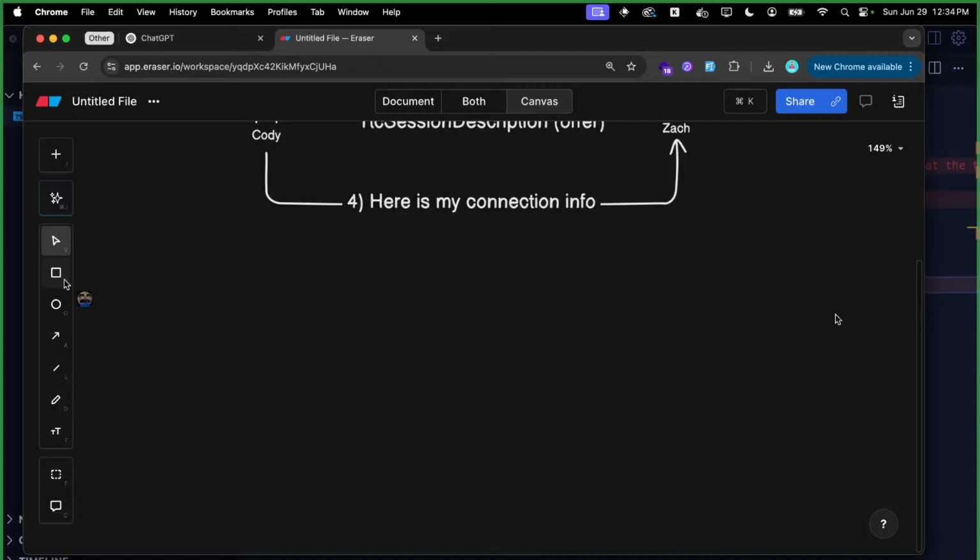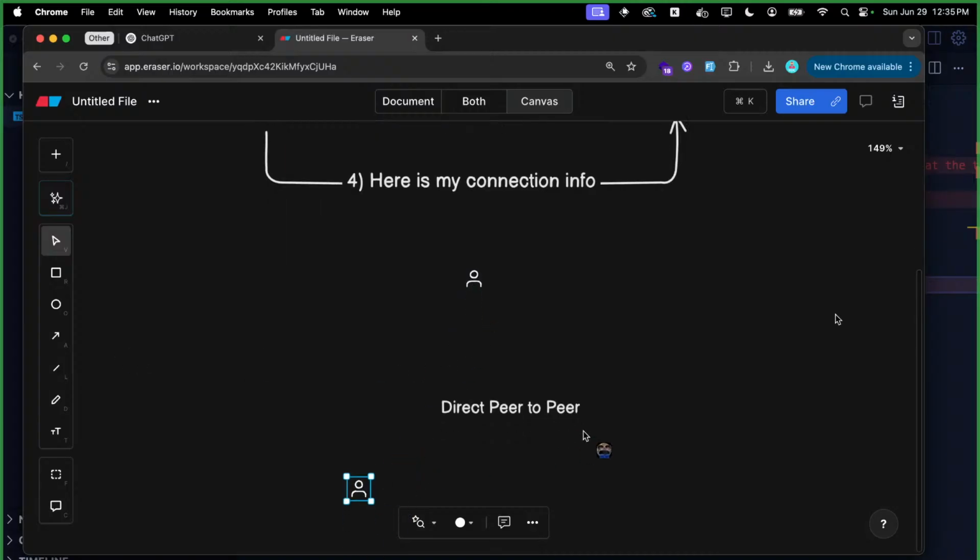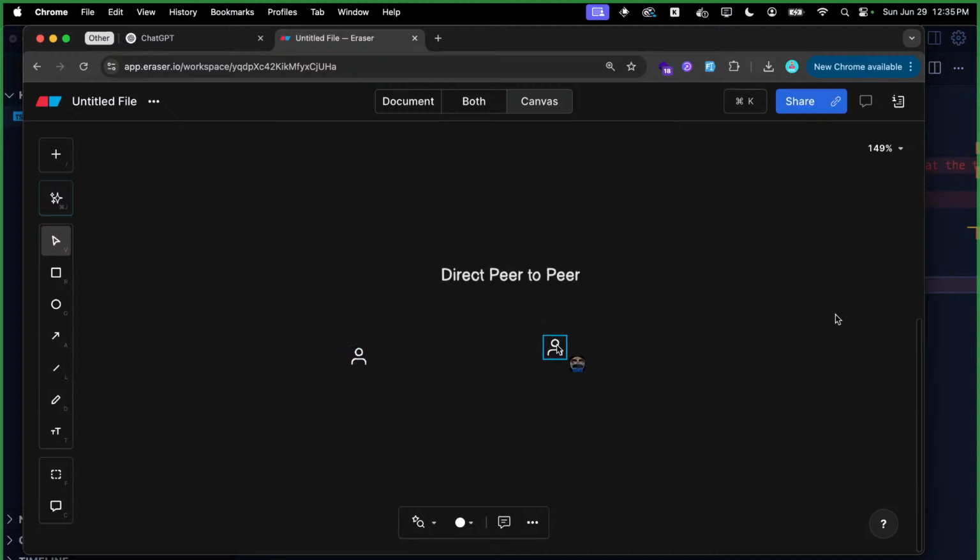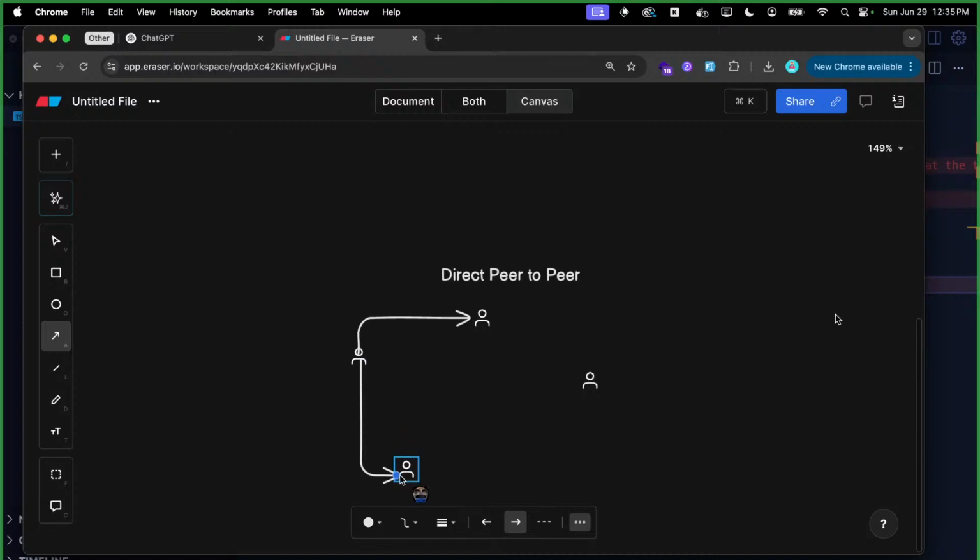So let's do option 1 and option 2. Where's text? Text. This is direct, peer to peer. And let's get a couple of users in here. So the way that this works is kind of like a connected graph. Everybody is connected to everyone else. So if you have 4 people, all 4 people are going to be connected to one another. So you're connected to you, you're connected to you,